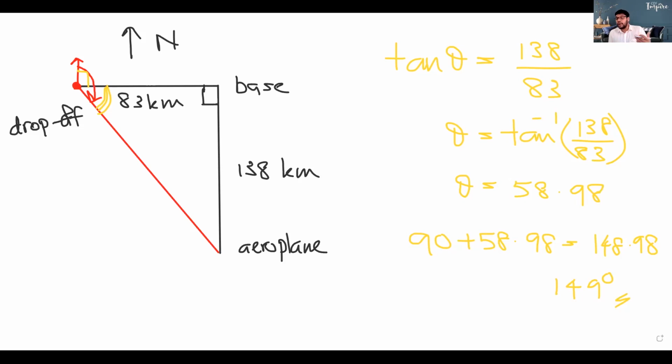Right. So the next question, part B, is the bearing of the drop-off point from the aeroplane. So now you're standing at the aeroplane. Right. So now we're standing at the aeroplane looking north, right? And you have to face the drop-off point. But children, you can't turn anti-clockwise. You have to turn clockwise. So you turn clockwise until you see the drop-off point, and that is this angle,